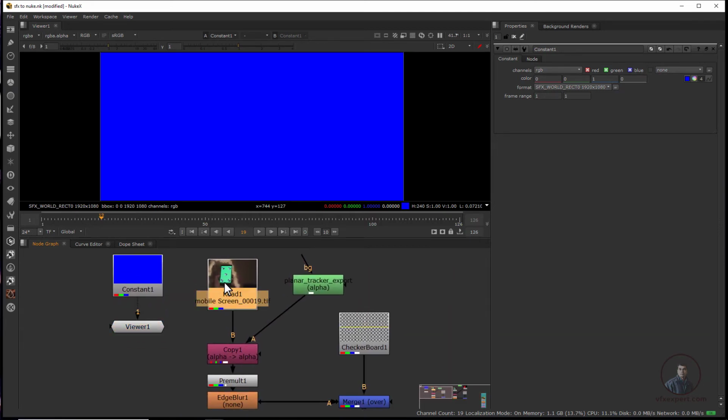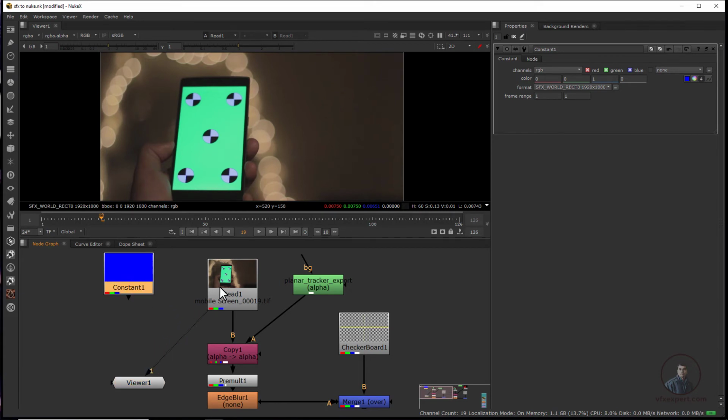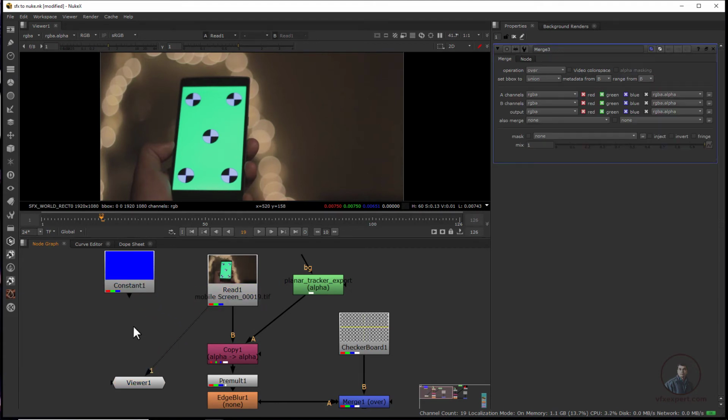Now I am going to create an overlay only for these areas. For this, again the same alpha channel. If you want, you can also copy here, otherwise you can also use it directly in a merge node. So I am going to use it directly in a merge node. Press M for merge node. So this will be our background and this will be our foreground, and this is our mask, meaning the alpha channel. If you want, you can connect directly from here. So just select and connect here, then select this merge and press 1.